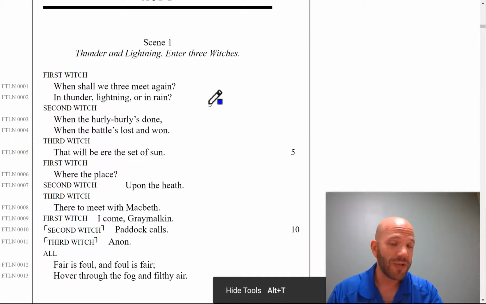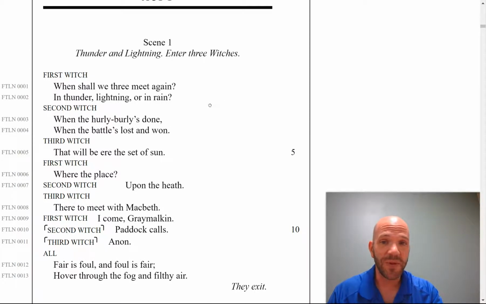This is scene 1, which again we may have talked about. One of the things that Shakespeare is praised as being a master of is the beginning of a play, setting up all the elements that are going to make it possible for him to explore all these really complex human themes in the play that's going to follow. Right here, he does it with setting, making sure that we know there's thunder and lightning, that this is a desert place, as some versions call it, and then starting with these witches.